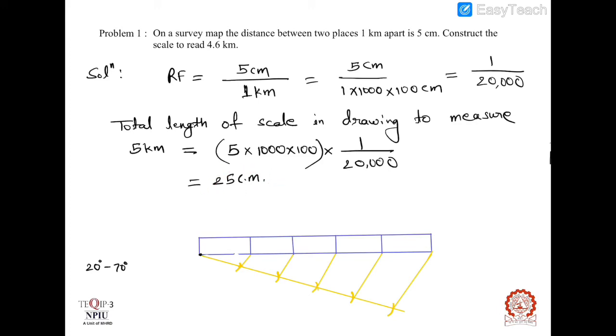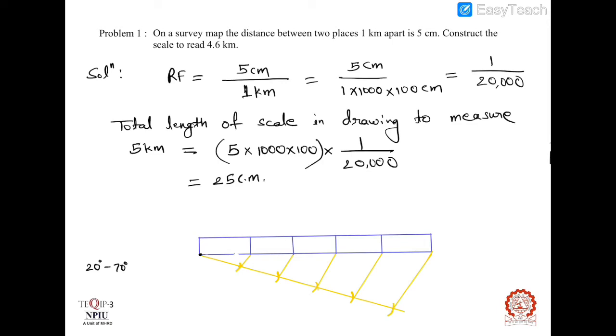Okay, but sometimes this length of the scale may not be a perfect integer. Sometimes it may be a decimal value, like 25.85, 25.37, like this. Okay, in that case it is difficult to measure the exact dimension from your roller scale. So this procedure will be beneficial in that case. So you should follow this procedure to divide any line into equal number of parts.